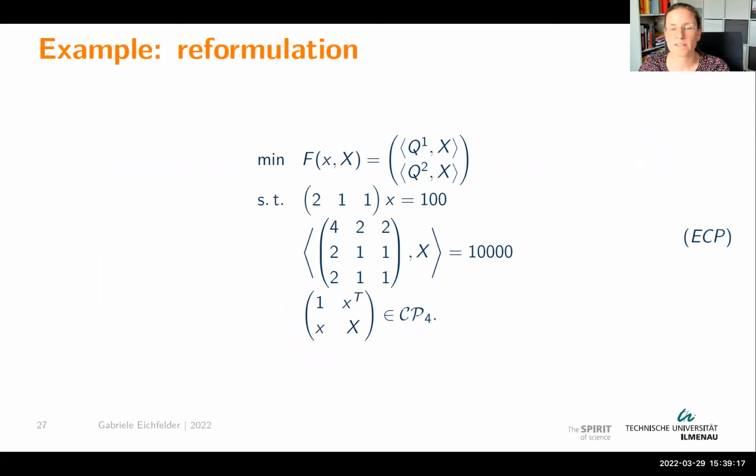So this is the lifted problem, of course, straightforward, and because we're in small dimensions, we have here the cone of completely positive matrices of dimension 4, which is completely equivalent to the cone of so-called doubly non-negative matrices. We have seen this in the beginning. It's a cone of matrices which are component-wise non-negative and positive semi-definite. We have seen this equivalence in the beginning of my talk. And now we plotted what we did have.